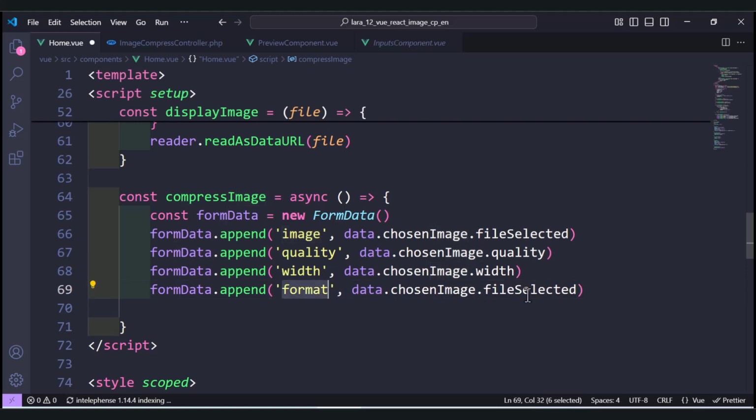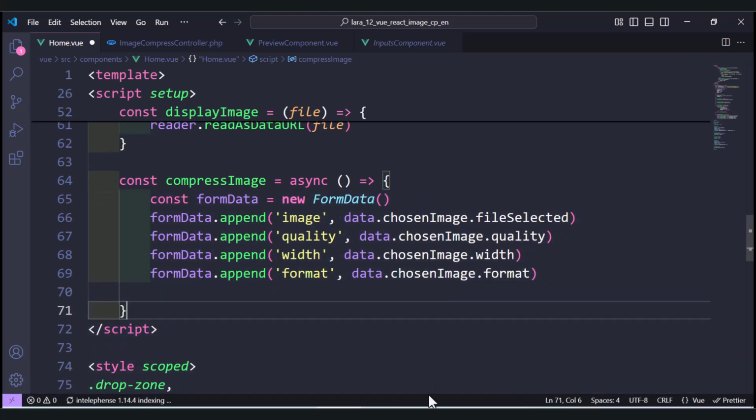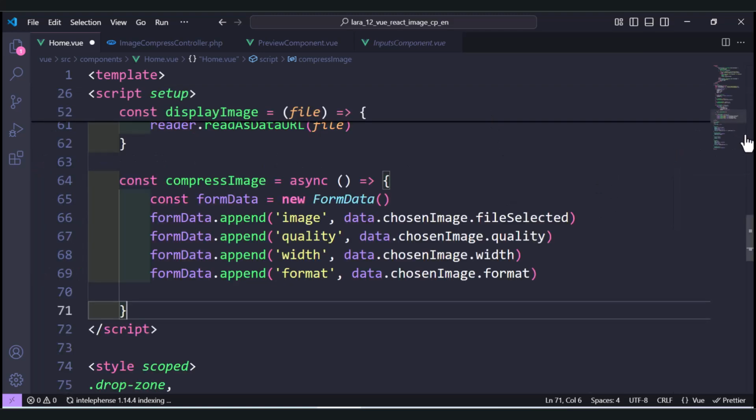And once, so let's add here format. Let's see if the packages have been installed. So it's done successfully. So once we have appended all the data we need, so what we need to do,